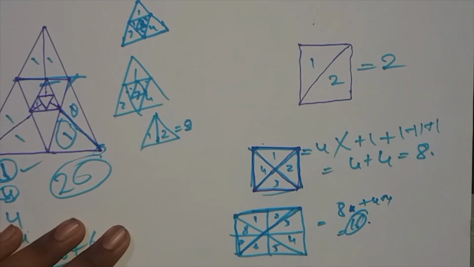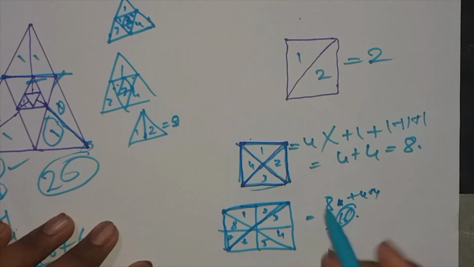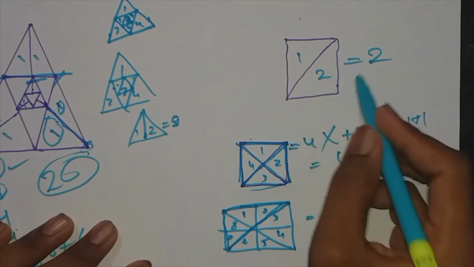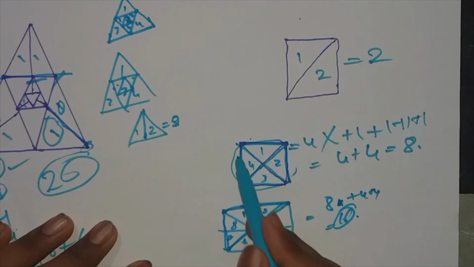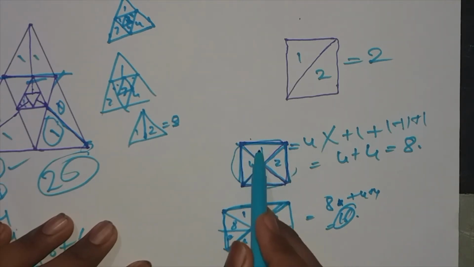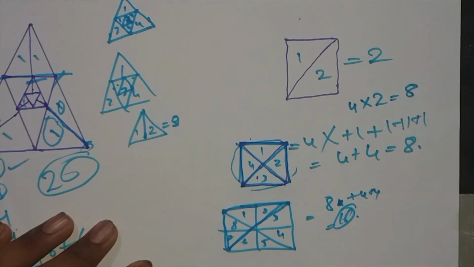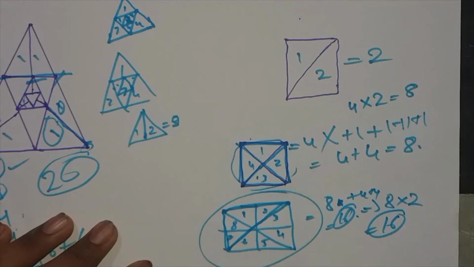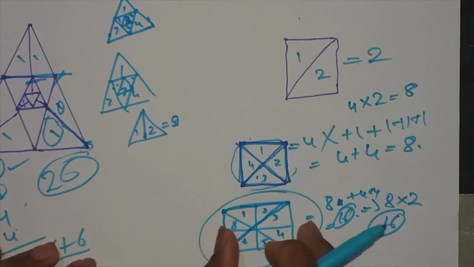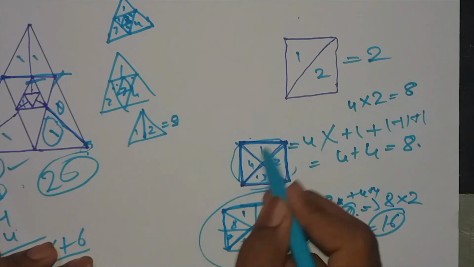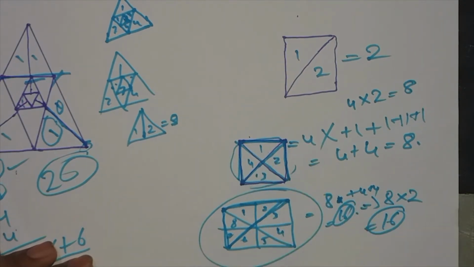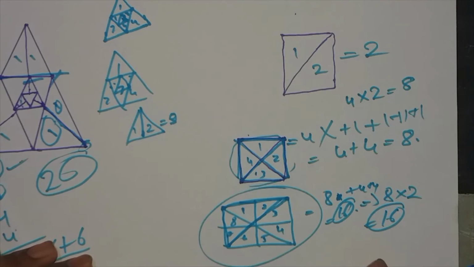So I will tell you the shortcut trick. The shortcut trick is to write numbers. When it is given like this and you have 4 equal parts, you directly multiply with 2. That means 4 2's are 8. And when you have 8 equal parts, you multiply it with 2. 8 into 2 is equal to 16. So there are 16 triangles in this question. So when the problem is given like this, with squares and triangles, you directly multiply it in any question. So this is the concept.